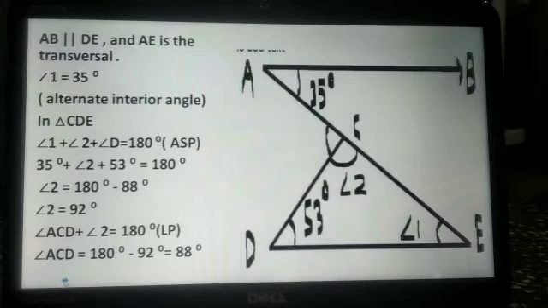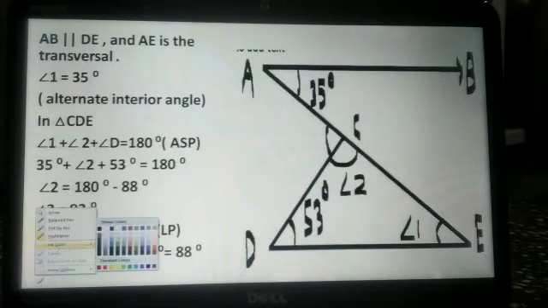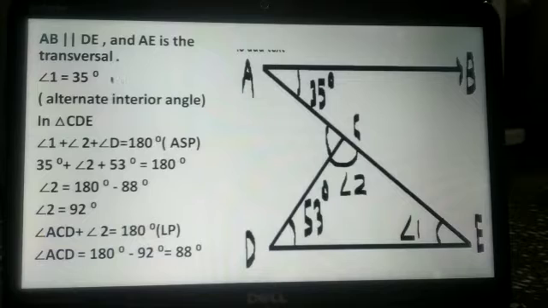Look at this figure. In this figure, AB is parallel to DE and AE is the transversal. So angle 1 is equal to 35 degrees because these are a pair of alternate interior angles. Now in triangle CDE, angle 1 plus angle 2 plus angle D is equal to 180 degrees by the angle sum property. Now put the value of angle 1, it is 35 degrees, plus angle 2 plus 53 degrees is